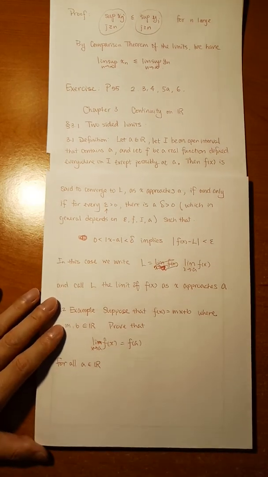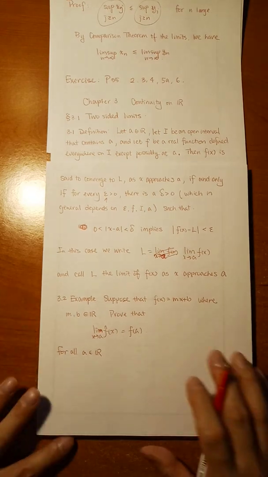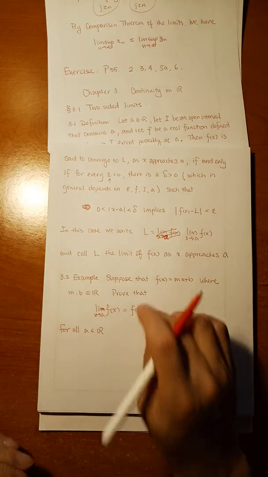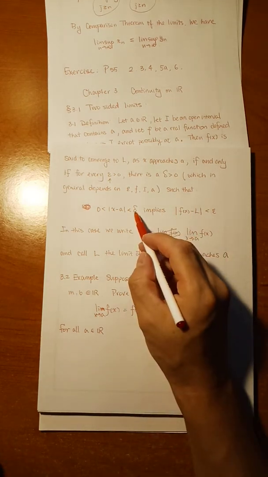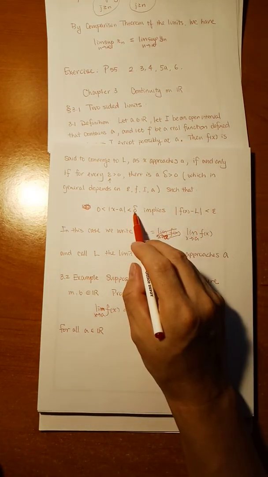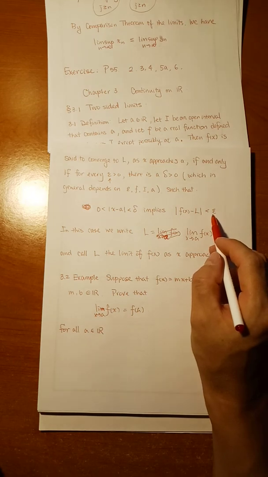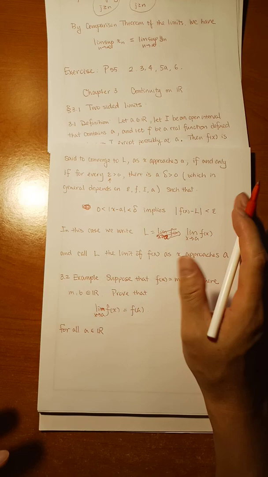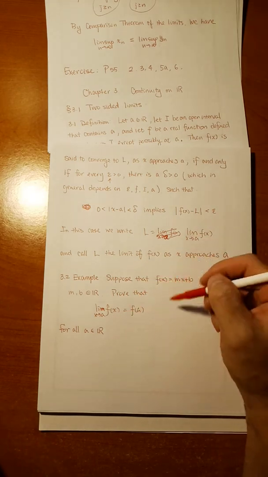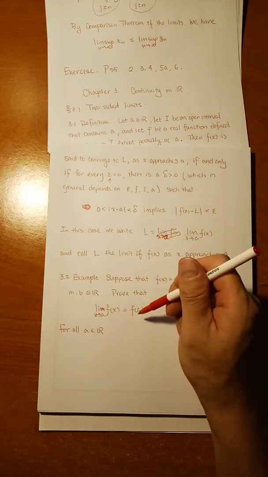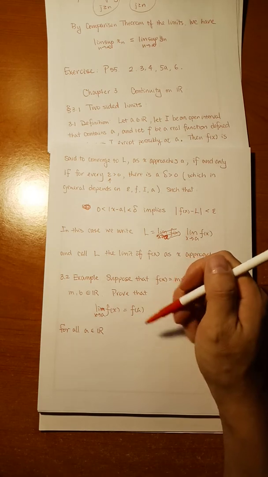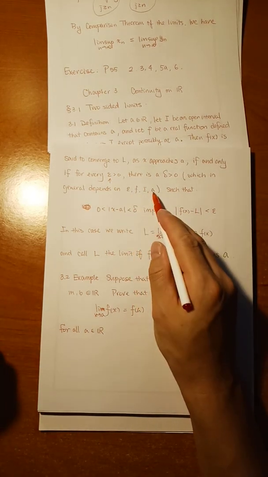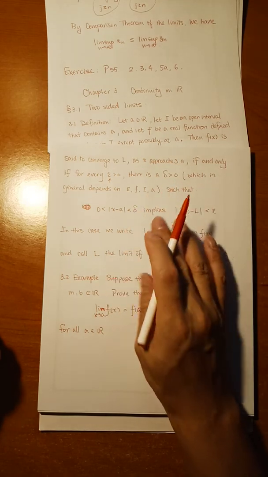It's not difficult at all. Okay. So I'm going to present the next one. The next one is much more important because in this one, if you try to find the delta, you will see that the delta only depends on epsilon. It does not depend on the other stuff. Of course, delta depends on f, but the delta does not depend on a. Okay, so it depends on the function. It depends on epsilon, but it does not depend on a. We call it uniform.